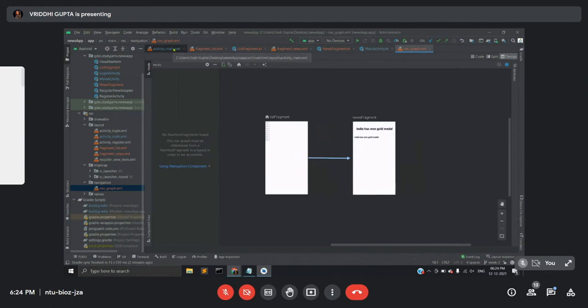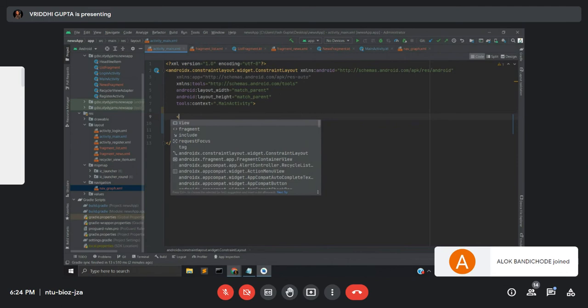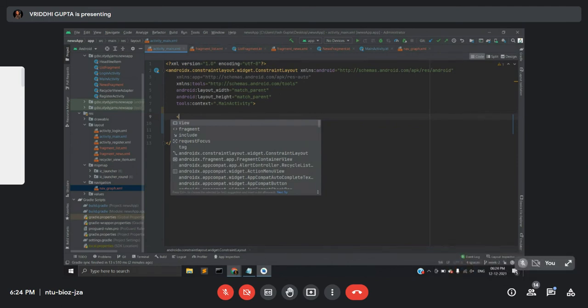Now moving back to our main activity. This is our host activity, and here we have to make certain changes. Here we have to define a fragment container view. The fragment container view can be used to add a fragment by using the Android name attribute, which I will be showing. It can create a new instance of the fragment, or call the fragment on inflate method, or execute a fragment transaction to add the fragment to the appropriate fragment manager.